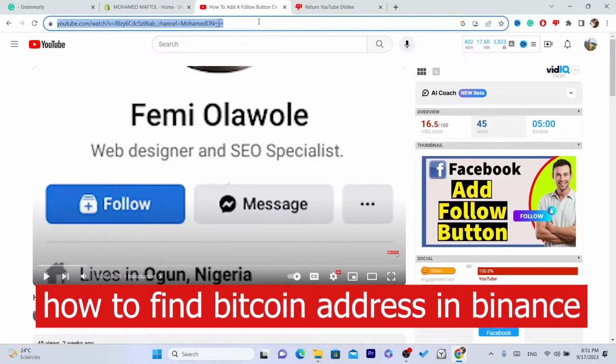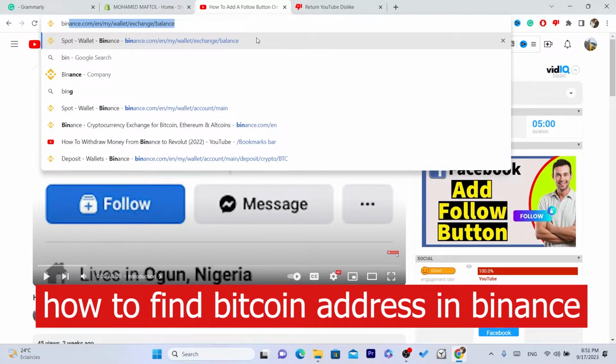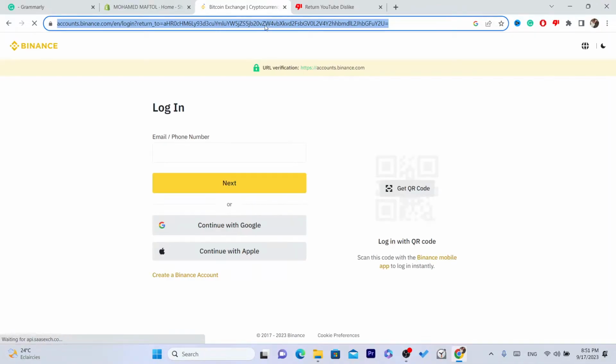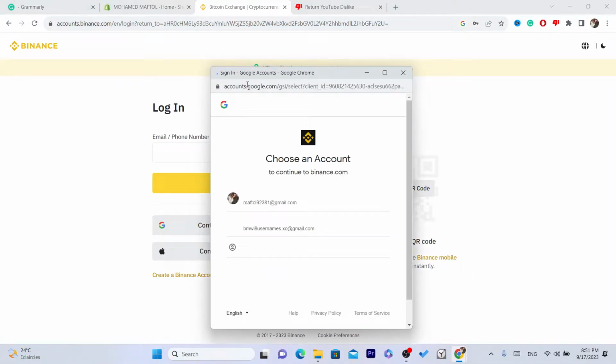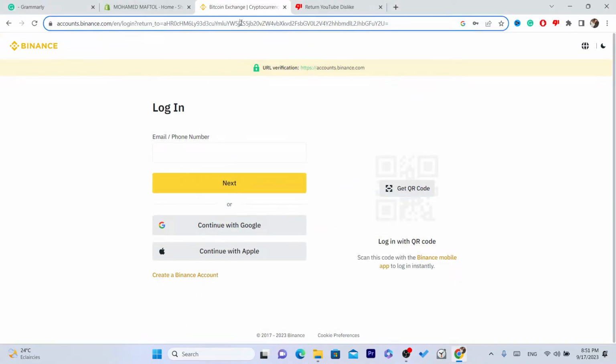In this video, I'm going to be showing you guys how you can find Bitcoin wallet address on Binance. So you can do the same steps on PC or phone or whatever device you are using. First, you want to log into your Binance so that I can show you guys how you can find Bitcoin